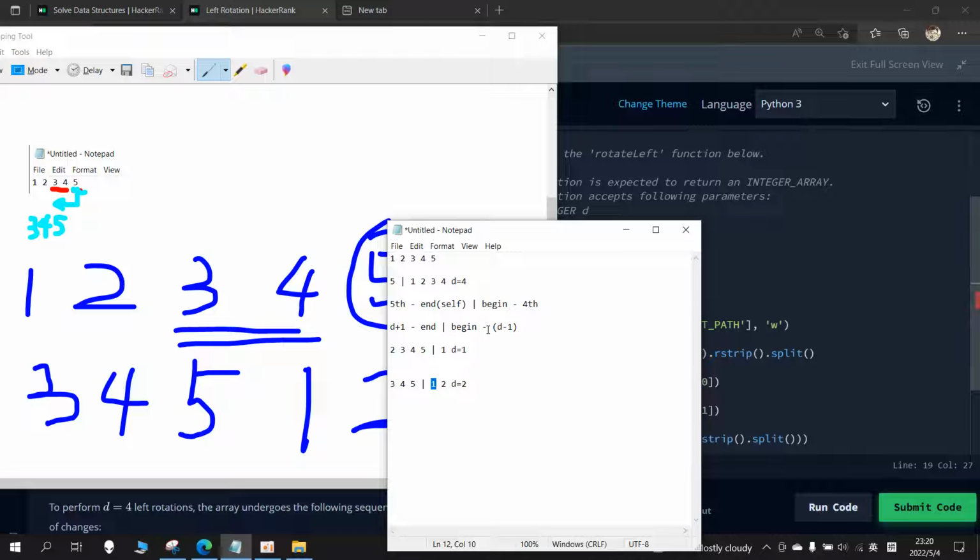Maybe I should write 2 to avoid getting confused. Okay, let's continue. So the beginning is 1 and until d minus 1, meaning 1 minus 1, which means